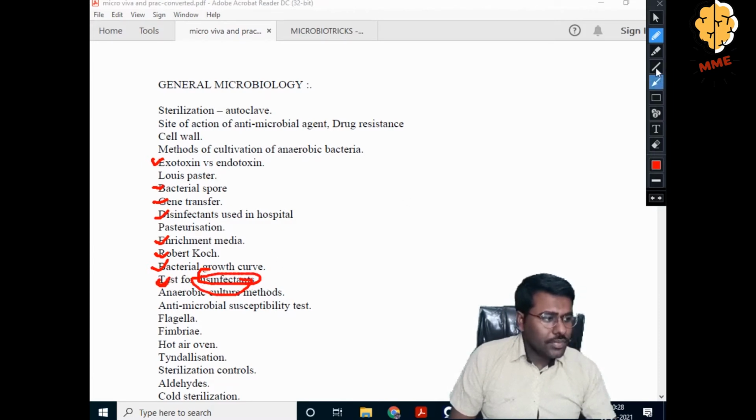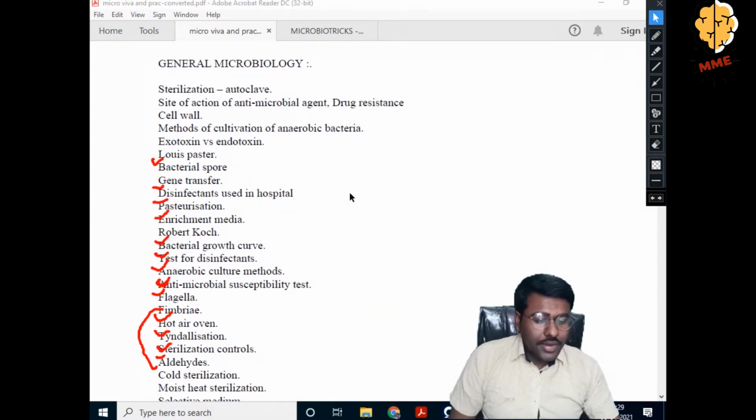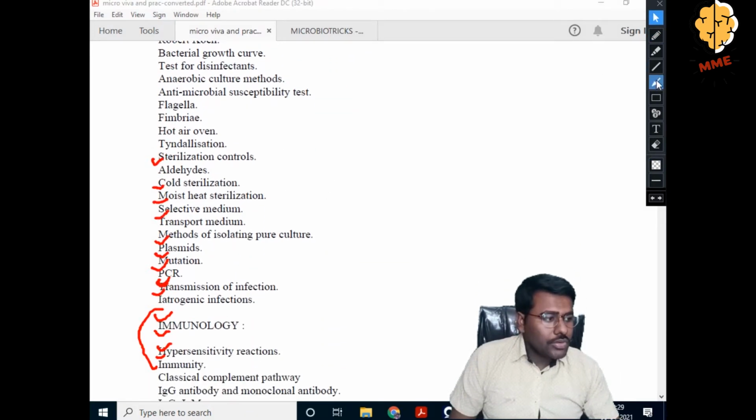Okay, and next about the anaerobic culture media and the aerobic culture media. This is very important. Flagella, Fimbriae, hot air oven, tyndallization. They are most important among the practical Vivas. Okay. Then you have to study about